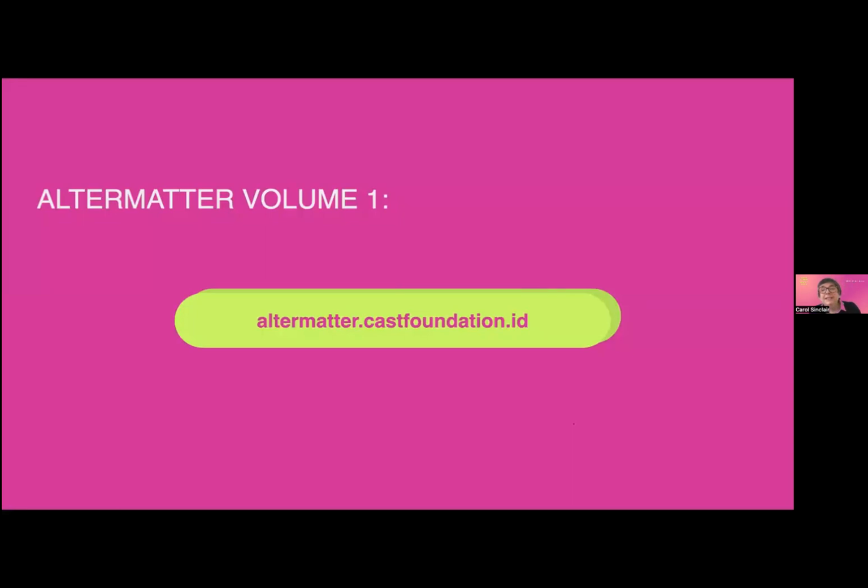We're not going to go into detail because we just want to get started with hearing from our speakers today. But if you want to look at any more detail from the previous participants, have a look at the Altermatter website, on the Cast Foundation website, you'll get much more of the detail. But I suppose just to give you a brief summary, a tantalizing summary of what came out of last year's